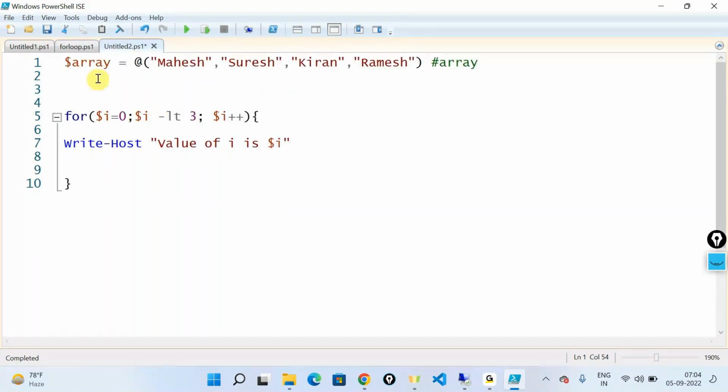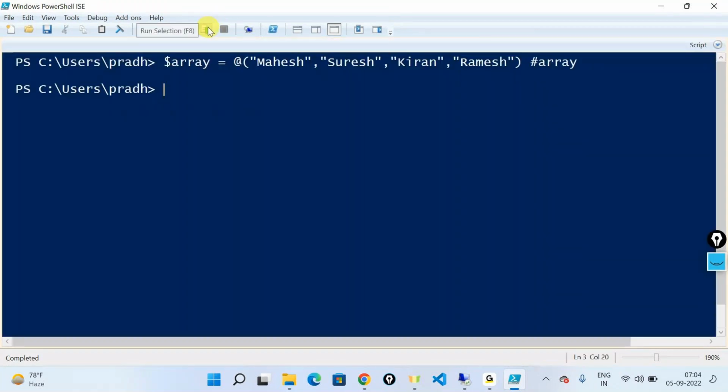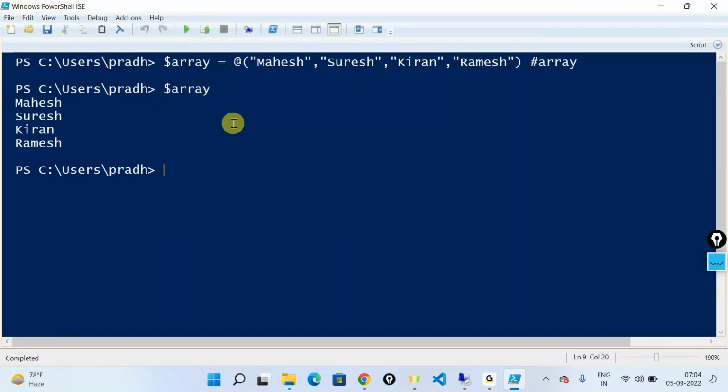So now there is an array which has Mahesh, Suresh, Kiran, and Ramesh. If I execute this, I would have the array. And if I say $array and press enter, I have all these names, Mahesh, Suresh, Kiran, and Ramesh. Now, if I want to look at the first name